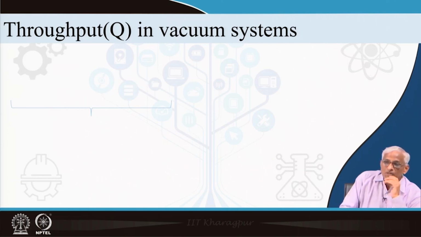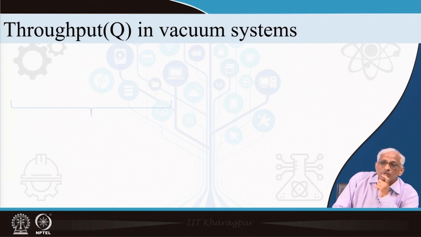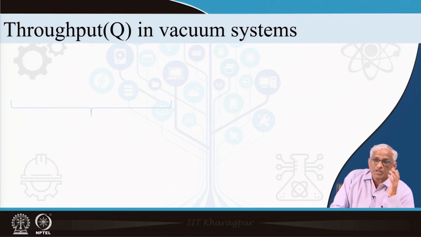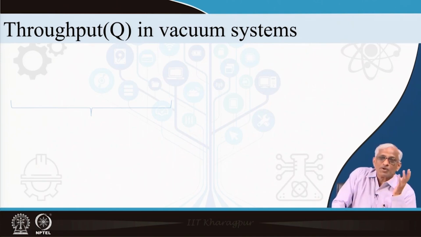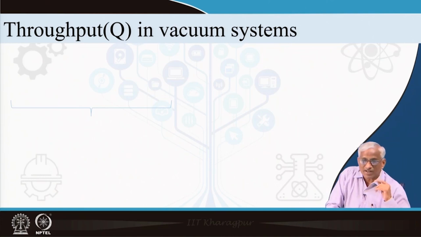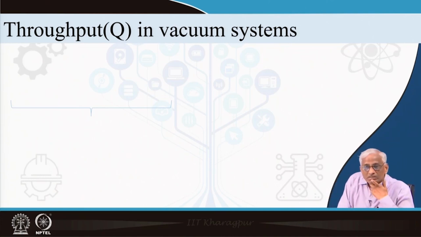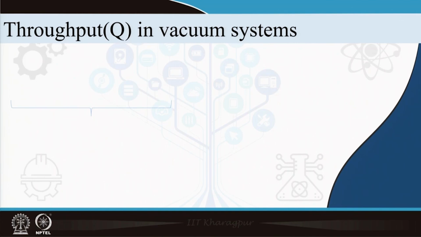In a vacuum system, what is throughput? In engineering, we normally talk of flow rate. It can be a volumetric flow rate. Sometimes with respect to systems, they will be called positive displacements, etc. Volumetric flow rate, dV by dt, or a mass flow rate when you multiply by the local density under those